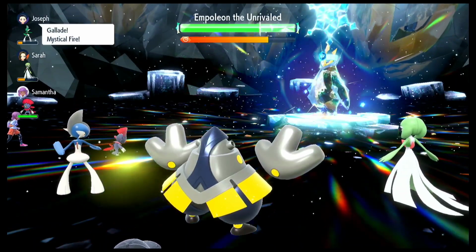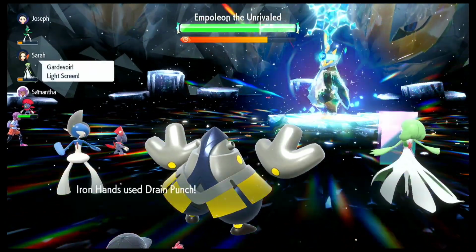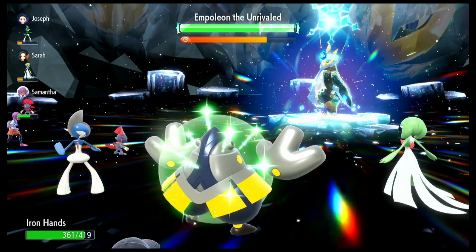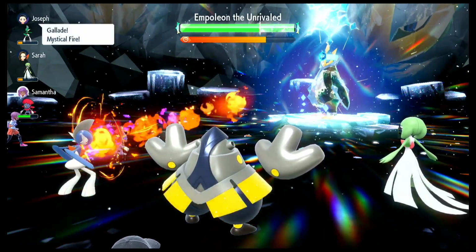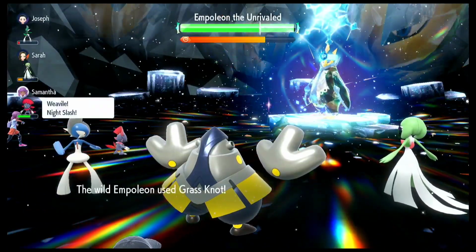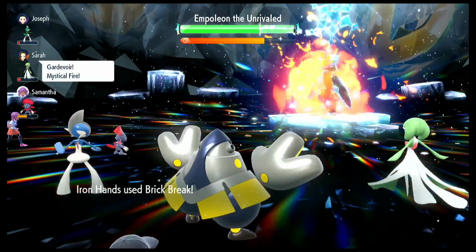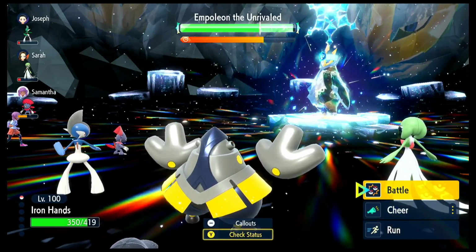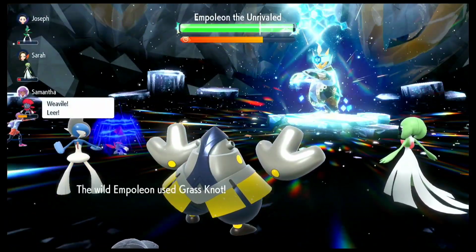I'm gonna go with a couple of Drain Punches to see how much damage that is gonna do. As for the Weavile over there, that is from a random trainer that is selected by the game itself. While I was playing this game, I only had 2 other people with me, so Weavile is just a random Pokemon we did get, but it's not that bad either. Now, unfortunately, my Drain Punch is really not doing that much damage. I did decide to go ahead and try using